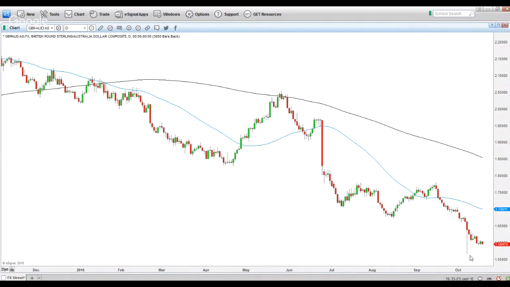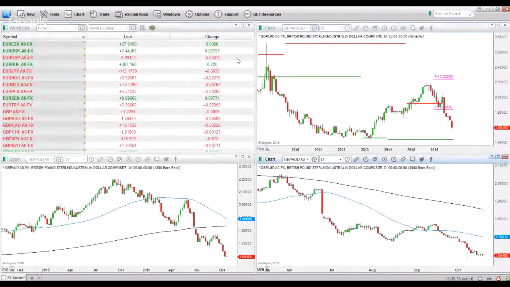So now I will compound once this wick has cleared. So a break and a close below this pivot support, and I will start compounding further. If you're not in this, you should be looking to wait for price to clear this support level and then look for a short. Okay, let's go to the pound Canadian dollar.